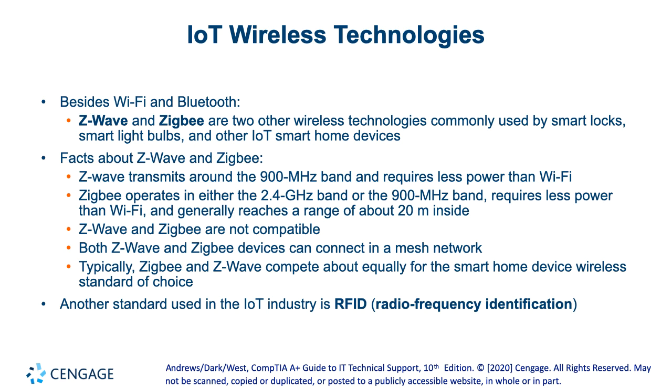Z-Wave operates at 900 megahertz, where Zigbee operates at 2.4 gigahertz and the 900 megahertz bands. These require less power than Wi-Fi, and Zigbee has a range of about 20 meters inside. They are not compatible with each other,